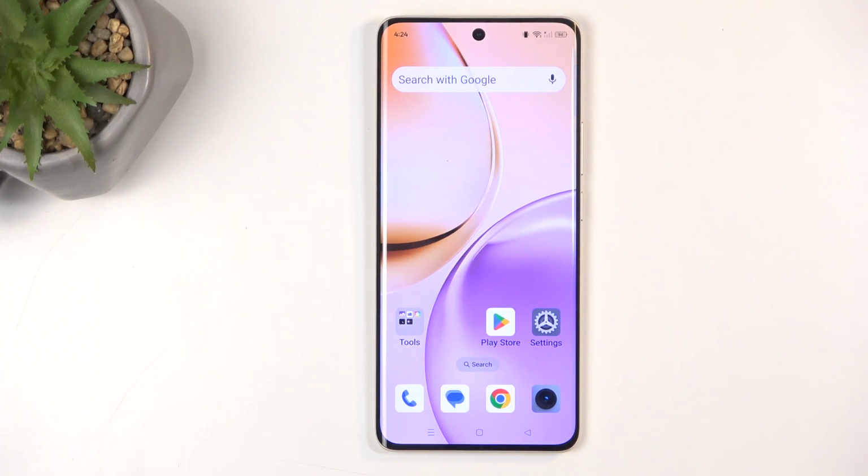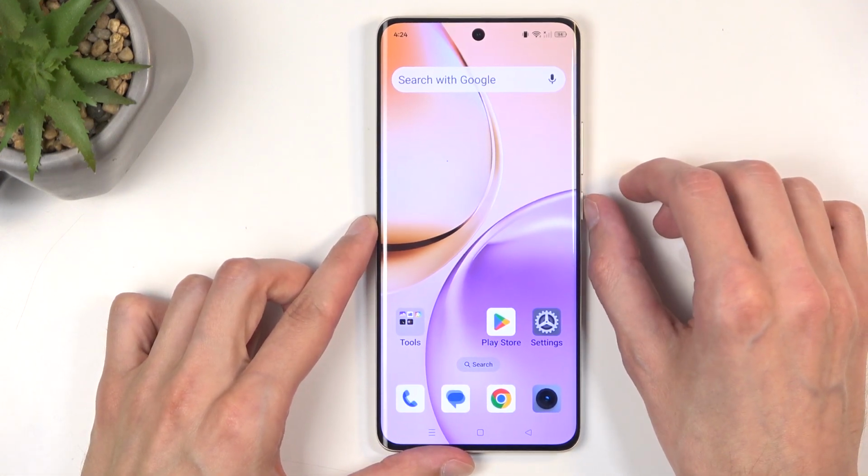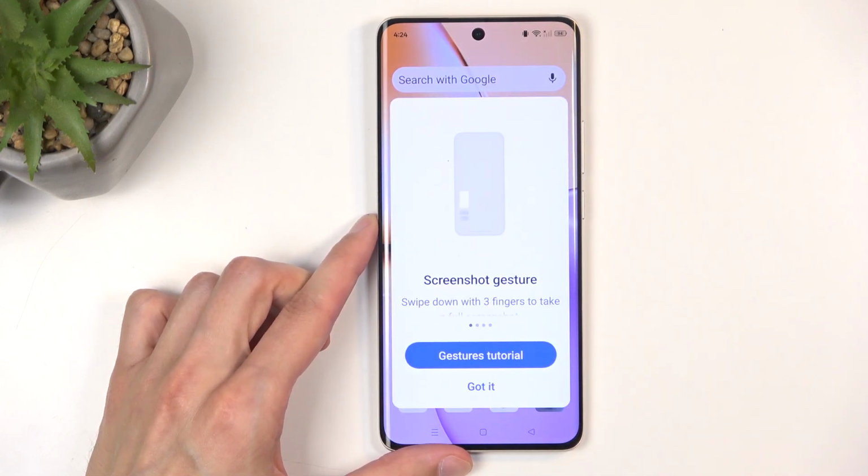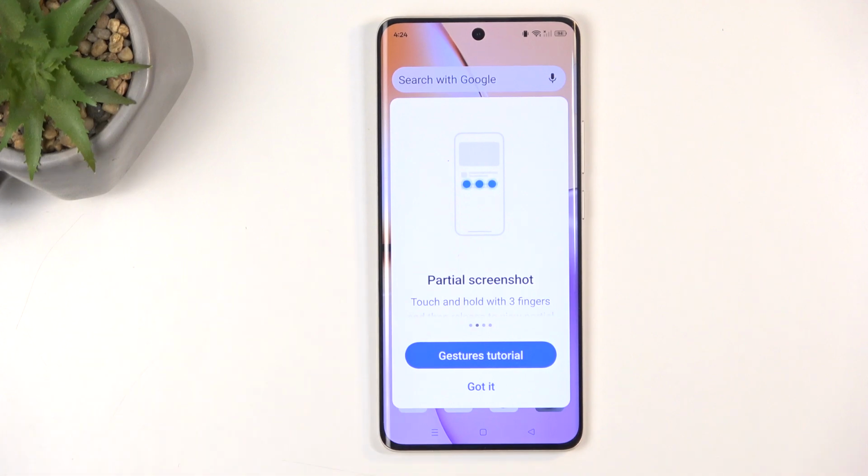Now, once that is the case for you, all you need to do is just press the power button and the volume down at the same time. You get a flash along with a pop-up, and the first time around you do also have this kind of